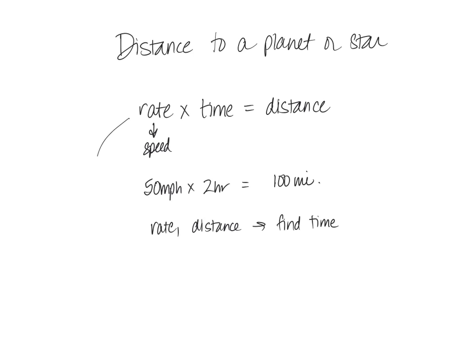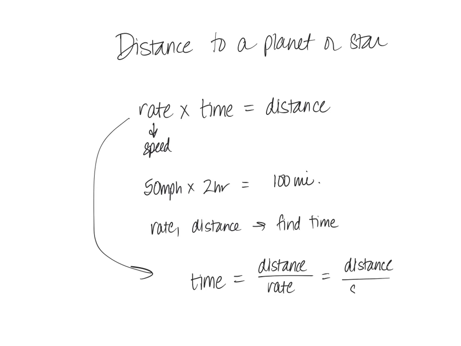So what we can do is we can take this expression and rearrange it and see that if we isolate time by dividing by the speed or rate, we get distance over rate, which might make more sense if we write it as distance over speed. And so it seems like we should just have to divide those two different things. There's a little problem here, though. So if we say time is equal to distance